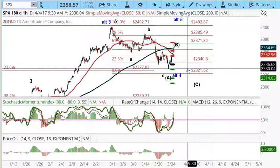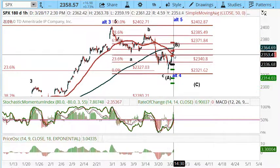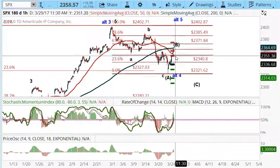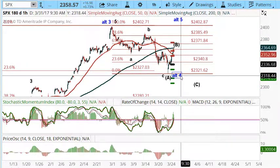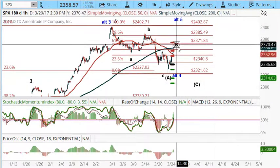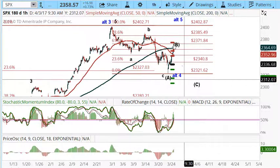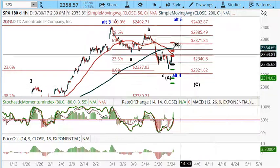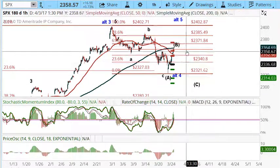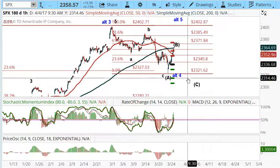So now we're starting to get the psychology of the bulls thinking that they're missing the train, so they're going to start chasing. And especially if we get somewhat of a little bit of a pullback that holds and then goes up, that's going to get them chasing. It's going to get the bears to jump out of their short positions, and it's going to leave the door open for this wave C to the downside. And honestly, if this is going to be the play, I can see this thing going down in a very, very fast manner. So this is a possibility, and I'm not saying it's definitely it because, like I said,